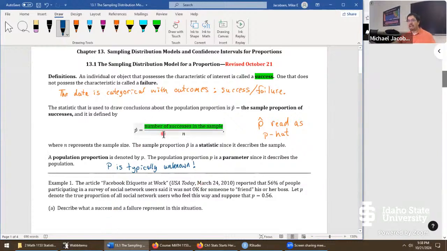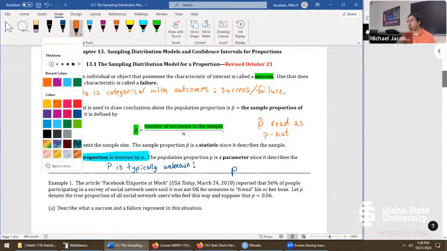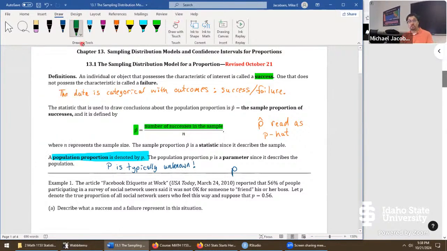So we have p hat, this quantity here. We have p, the population proportion. Even though p is typically unknown, we can make the statement that the unknown, the true population proportion of successes p, whatever a success might be, is approximately equal to p hat, the proportion of successes in the sample itself. And when we say proportion, it's kind of like what we meant when we say a probability of something. A proportion can be converted into a percentage or just left in decimal form, much like with probabilities.